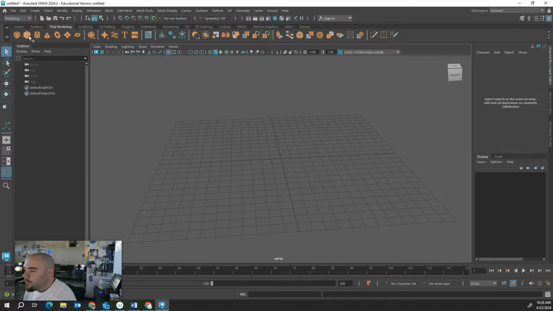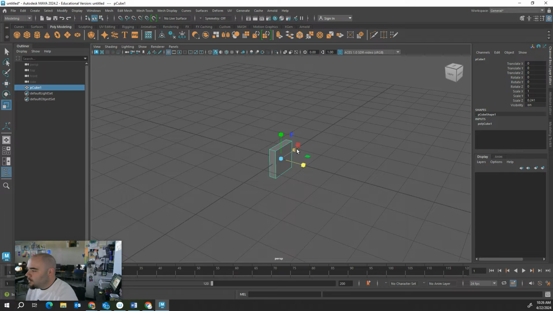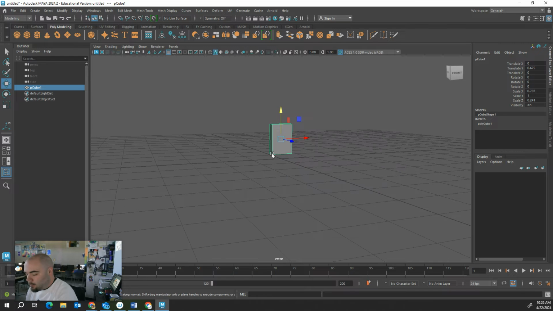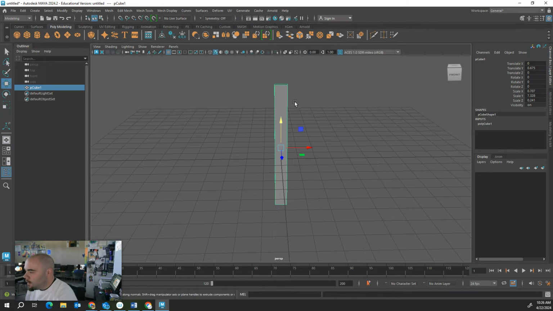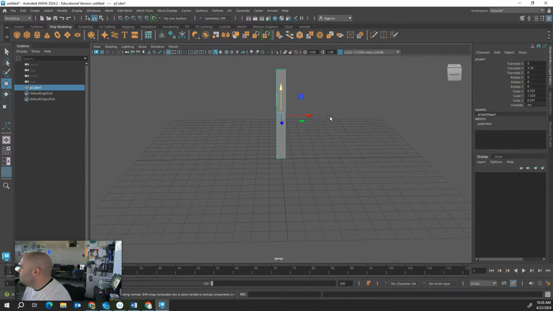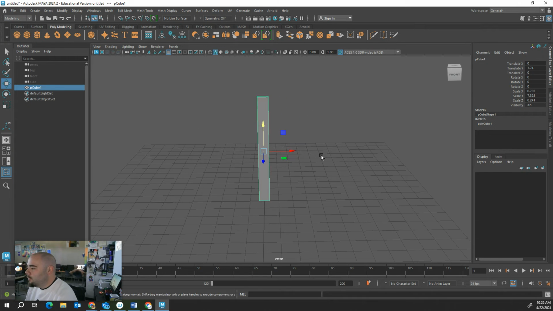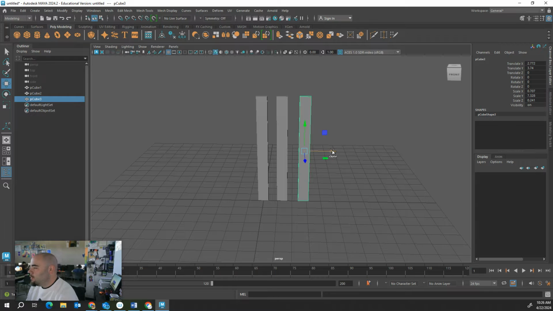So first things first, I'm going to start off with a cube. This is going to be a real basic fence, like your white picket fence. So I'm going to go ahead and press R, and I'm going to squish it and stretch it till I get to a length that I want. Again, you guys can do this first before using human scale, because then once you've combined your fence, you can scale it to your humans. Or you can always file import your human scale too if you want to see what the fence looks like to them. Now, you could just use a fence like this, and there's not a lot of details,